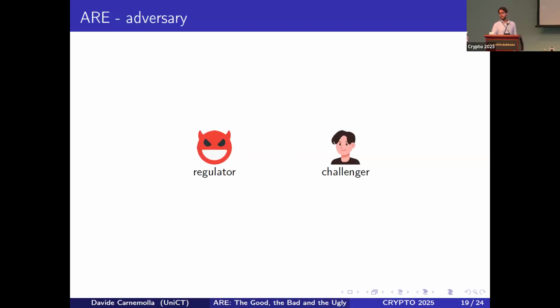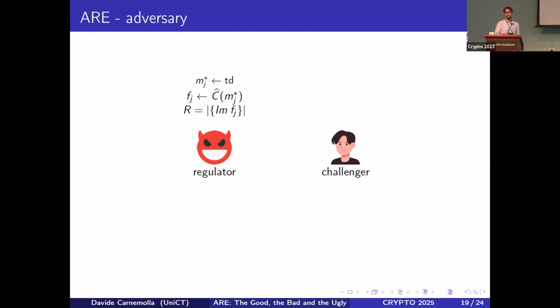Okay, now we can prove that our construction is anamorphic resistant. And to do that, we show the existence of a regulator that is able to distinguish between the real game and the anamorphic game. In particular, the regulator samples a weak message M star from the trapdoor, and then it will be able to compute the function f associated to this message.